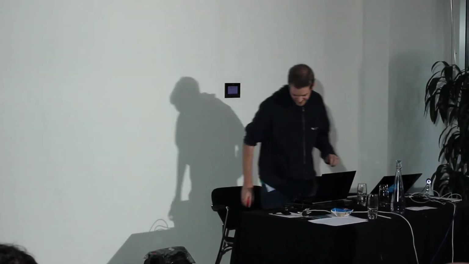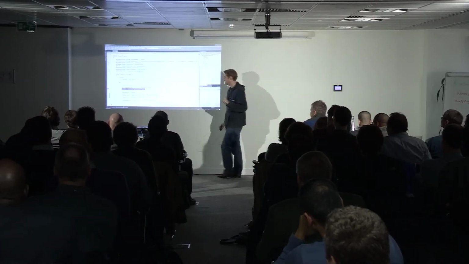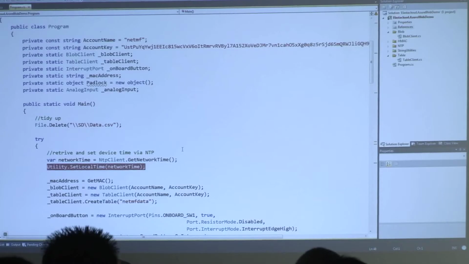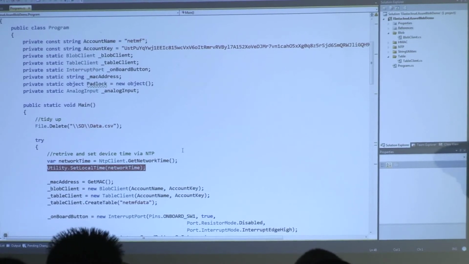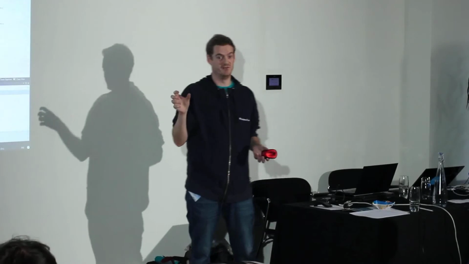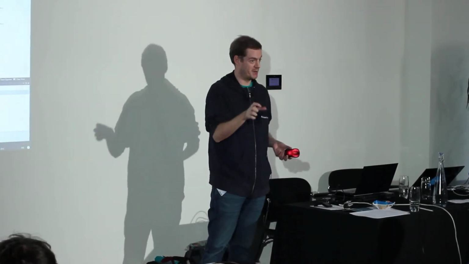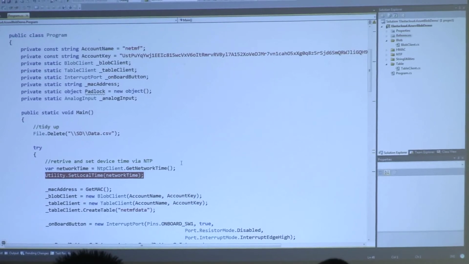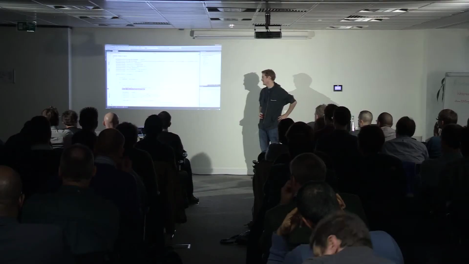Cool. Right. I won't drill into the detail, but first thing we have to do, rather strangely, is set the local time. These devices have clocks, but when you unplug them from a power supply, they don't have any onboard capacitance, so they will forget the time. If you're doing anything that needs the time as part of a request that goes up, for example, the x-ms-date headers for table storage, it has to be within 15 minutes of the correct time on the server. So if you don't have that, if it still says it's the 1st of January 1900, it will reject all of your requests. What we want to do is create a blob client and a table client.